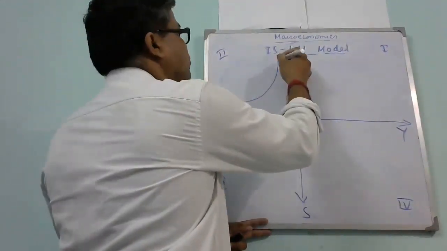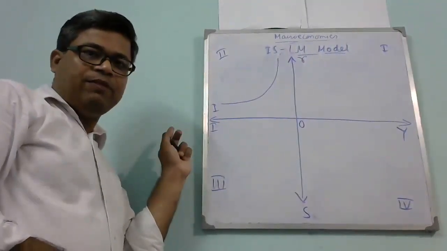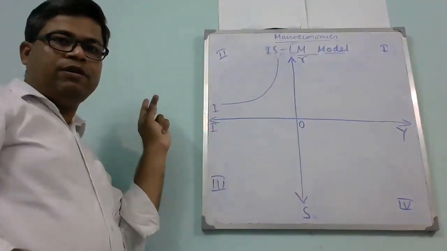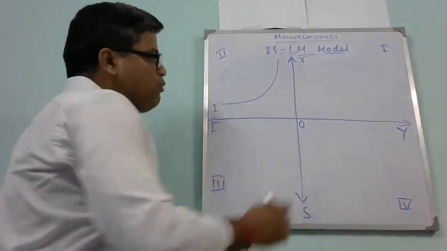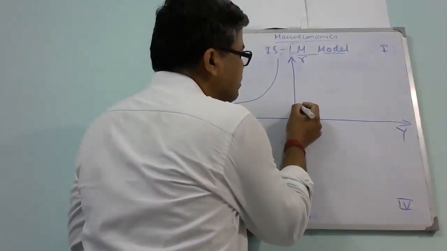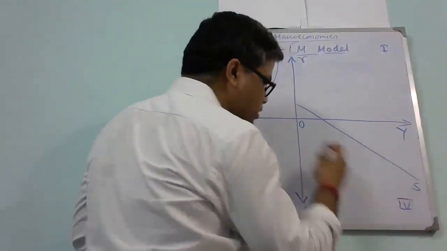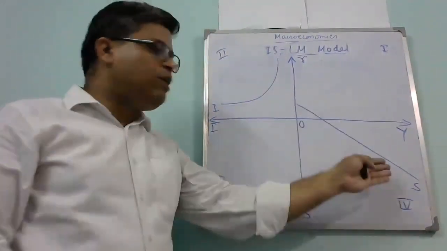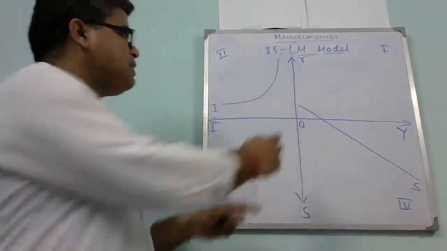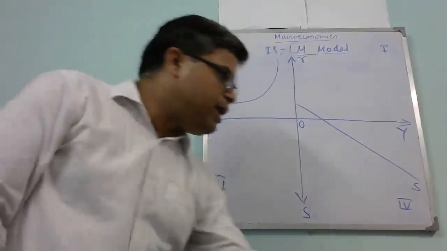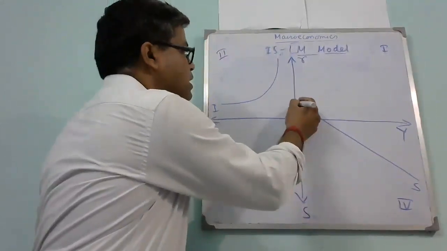Now, the investment curve is downward sloping, so we will draw a downward sloping curve. This is the I curve. It looks like this because we are measuring investment on this axis. So in the second quadrant, we have measured this. Now in the 4th quadrant, we will draw the savings curve. It looks downward, but it is actually upward sloping, because savings is measured along this axis. Along this side is positive savings, and on this side is negative savings, so this is a negative intercept.